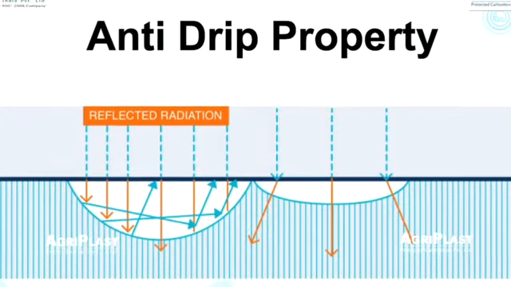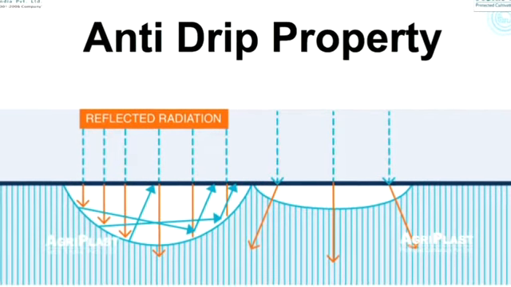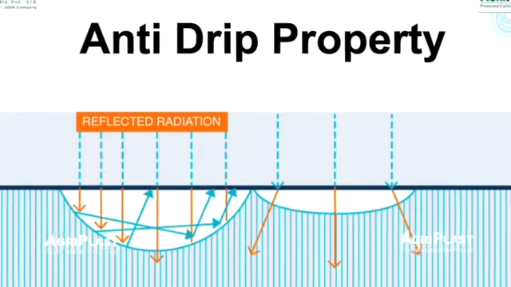If you get inside the greenhouse and you see there are droplets inside the greenhouse, then you need to have a thermic film plus that anti-drip film. So this is the anti-drip property. Anti-drip film will not allow this kind of drops to be formed. It means it will form a water film and it will let the light pass through.